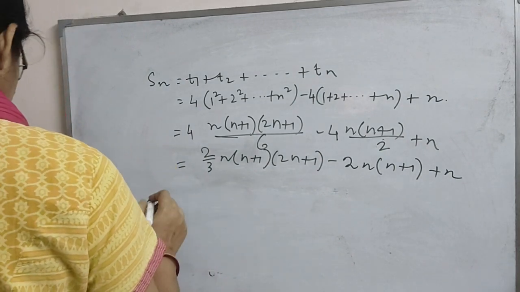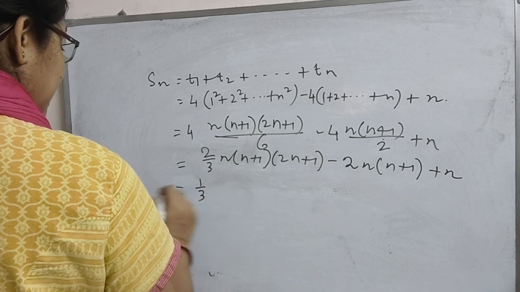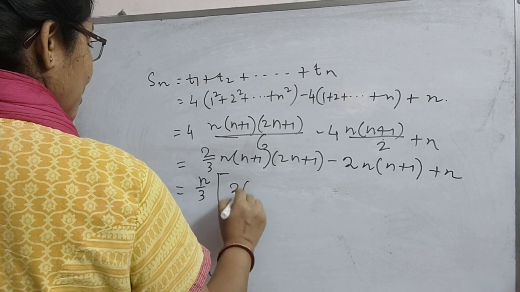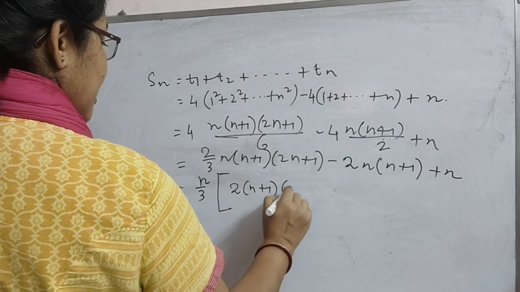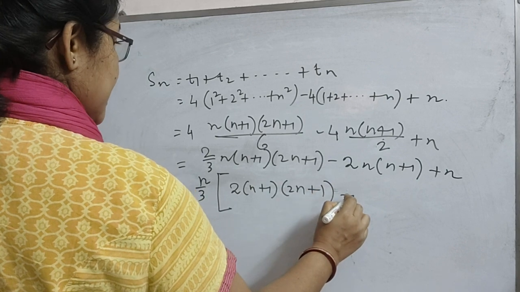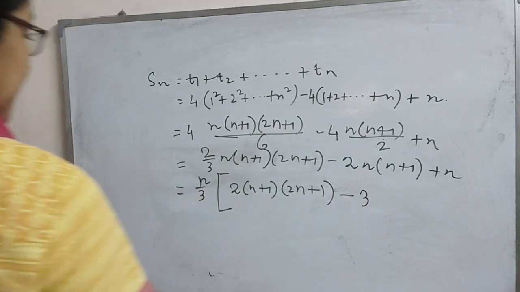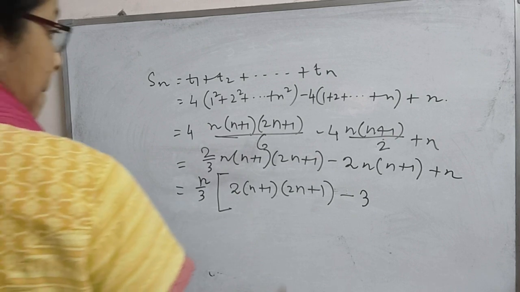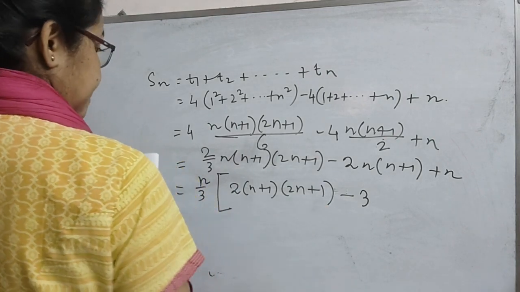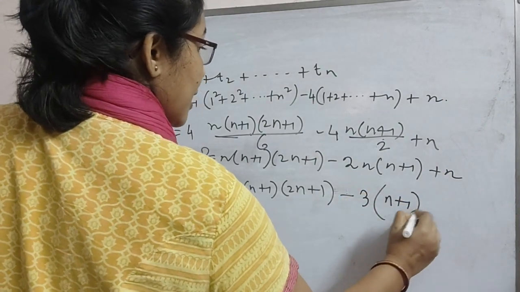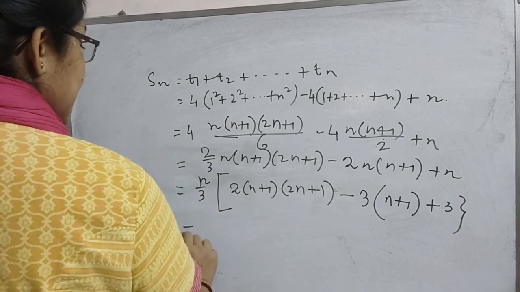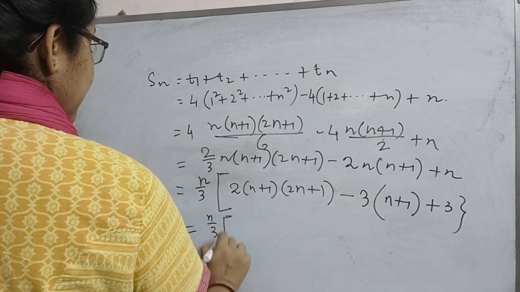If I take 1 by 3 n common, so I will write 2 into n plus 1 into 2n plus 1 minus 3 into n plus 1 plus 3, right? This equal to n by 3